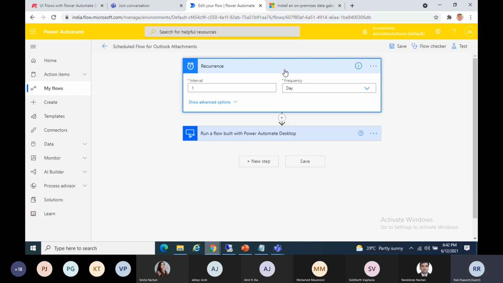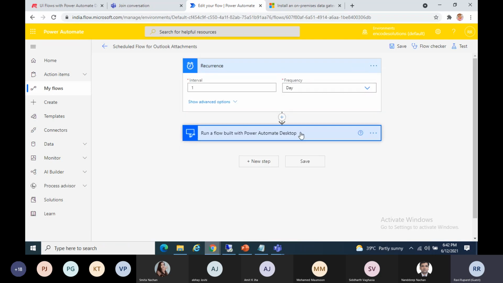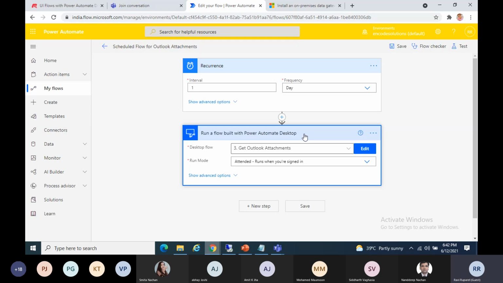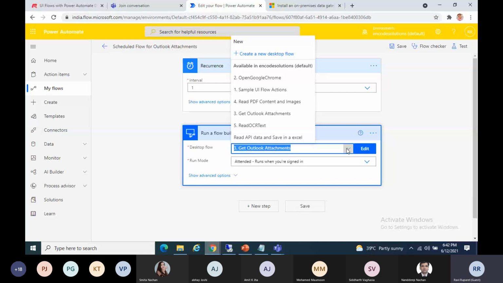It will trigger every day, and I have used the "Run a flow built with Power Automate Desktop" action. This is the same account which I have signed in to in Power Automate Desktop. It will show all the flows that I have created over here.